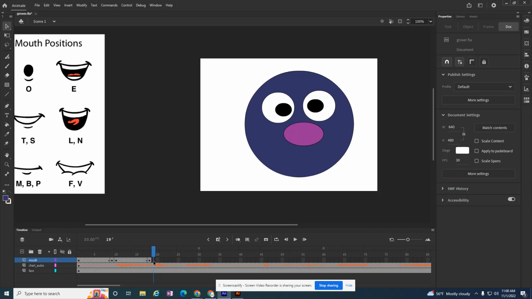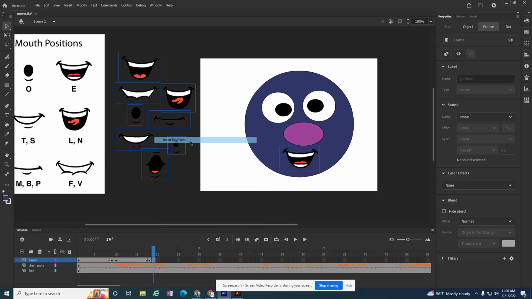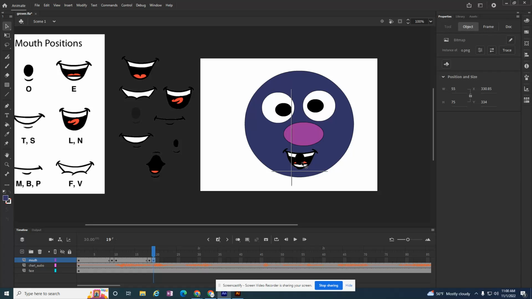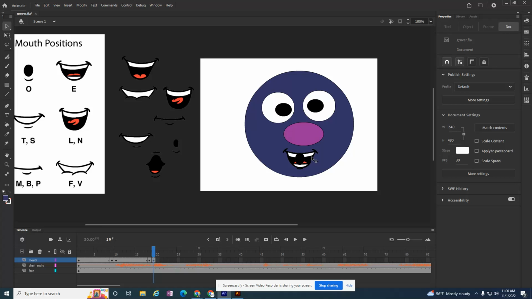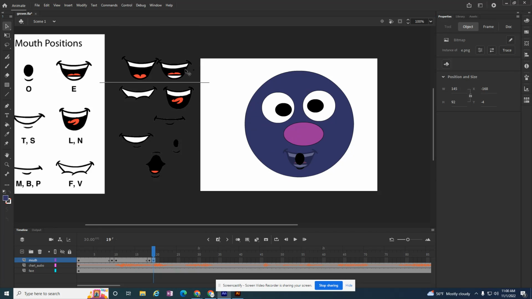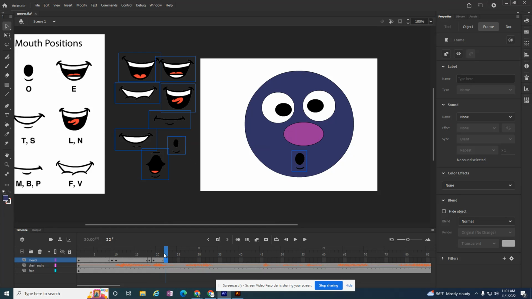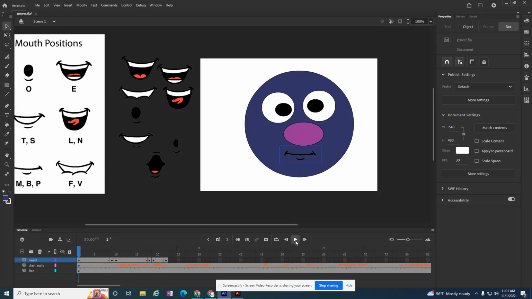So on frame 19, I'm inserting another keyframe. And I'm going to grab the O and match it up with the upper lip. Click off of it again. Grab the E, put that back. And I want to keep the O there till about 22 or 23. And hello